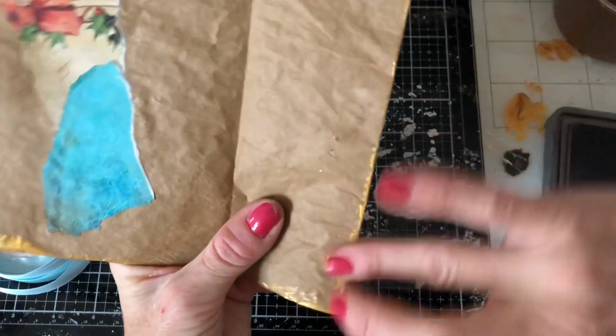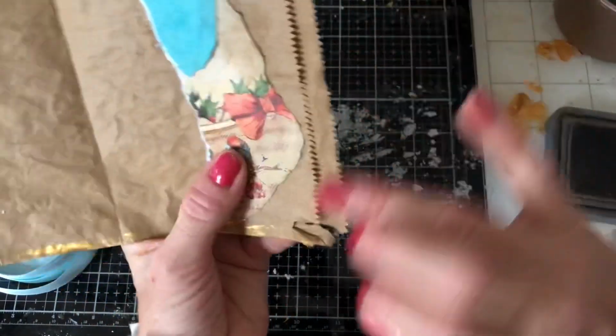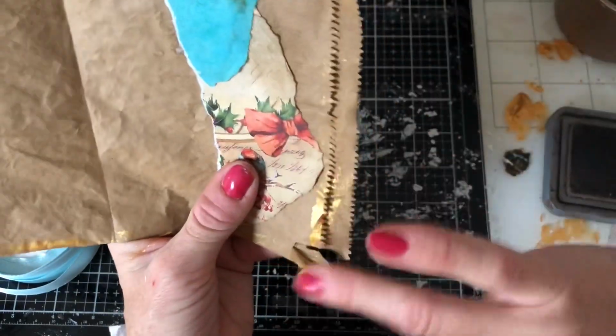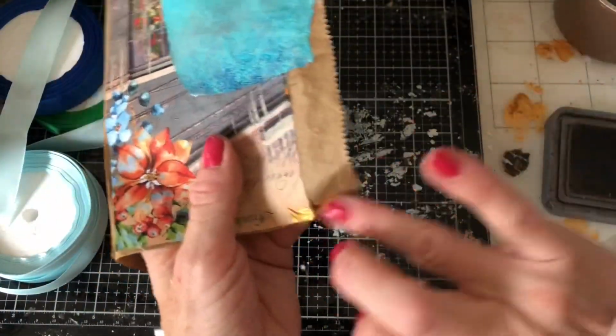Probably should have put my other papers on the inside as well. But again, I actually wasn't really thinking, and forgot that we would obviously need to do some stuff on the inside of here, because I was thinking it was going to be a folded pocket, but